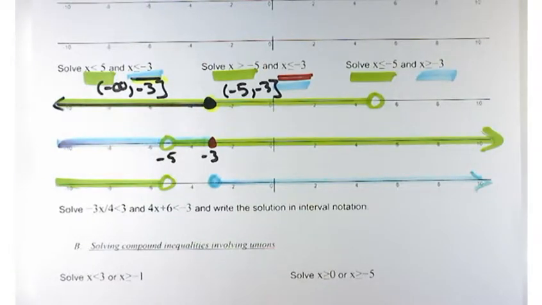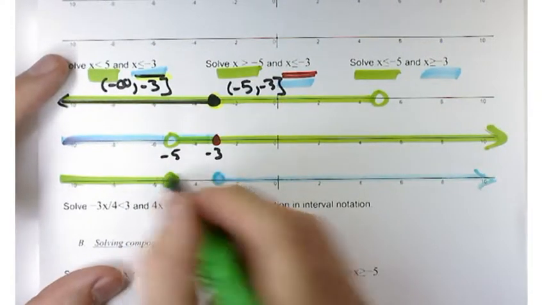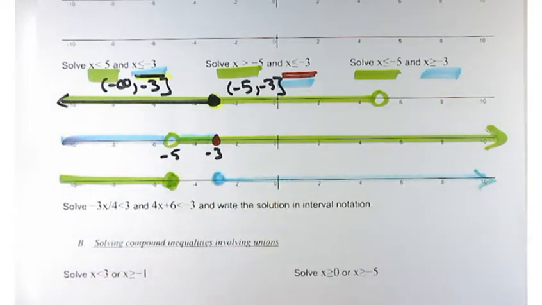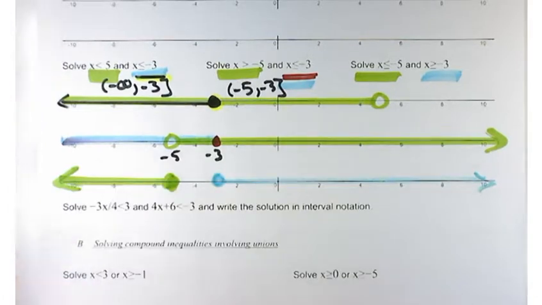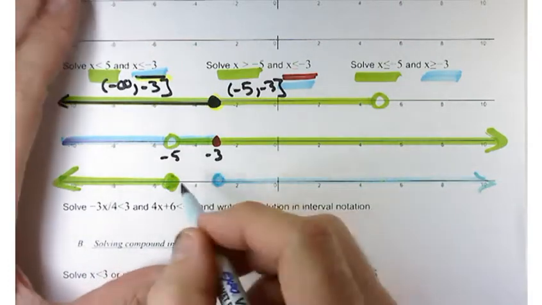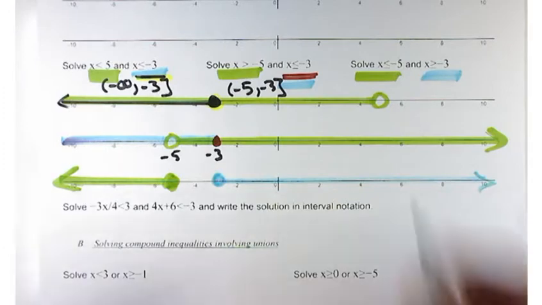Yeah, as a matter of fact, both of them should be solid. Does that affect our answer at all? We're looking for the intersection. Do these overlap? No. So the fancy math way to say that there's no intersection, that there's no overlap, is